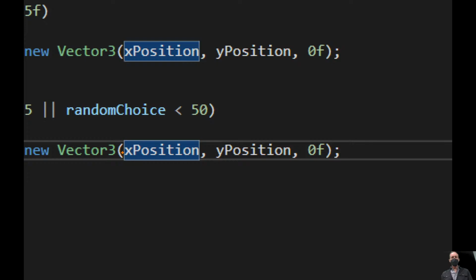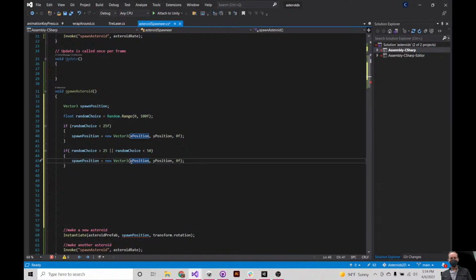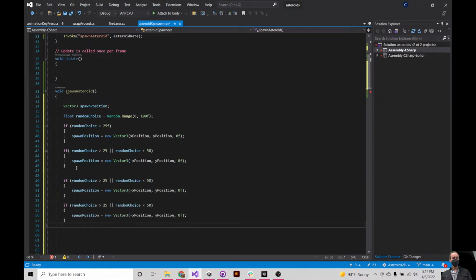How do I make it a min? Just by putting a negative in front of this variable. That moves it over to the other side of the screen. That's one of the other corners. So max, max, min, max, max, min, min, min. The four corners. Now that we have the pattern, you see how this is going to work. Now if random choice is greater than 50 and less than 75,